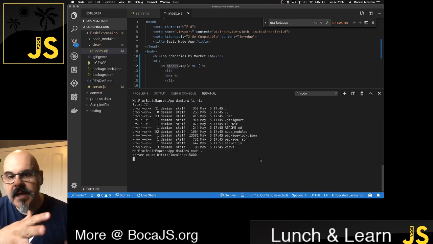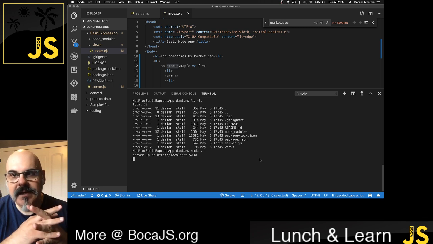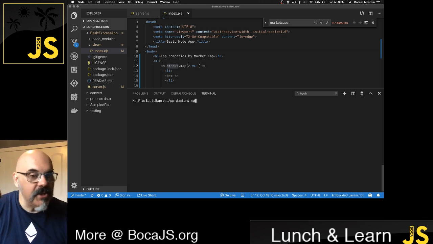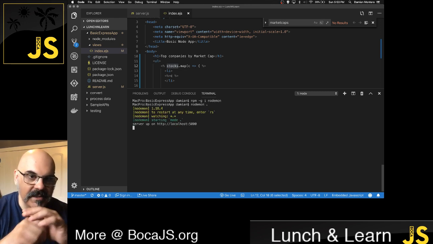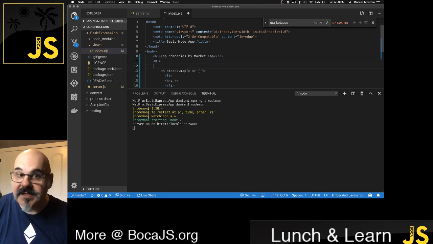Well, node will start and run the program. The problem is it's kind of unaware if something changes in the backend. We have a third-party app that you can install by typing npm -g i nodemon. I do have it installed, so I won't have to do this. And nodemon does the same thing as node, but the difference is the second that you edit any of the files in here and save it,